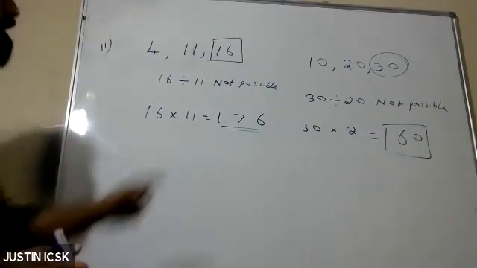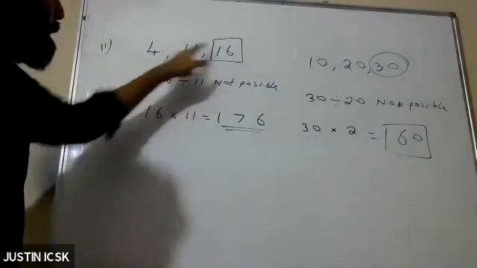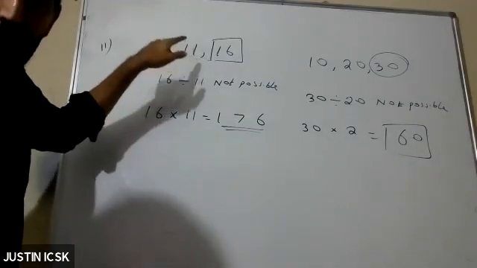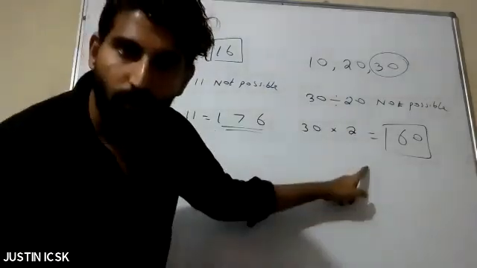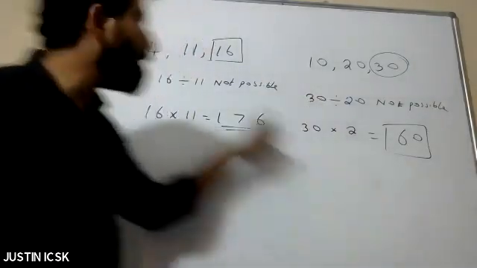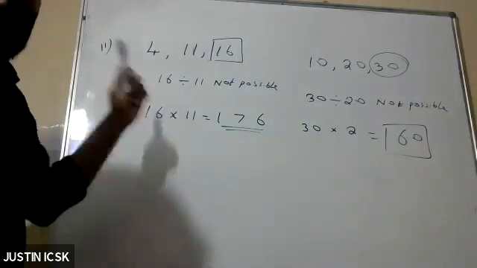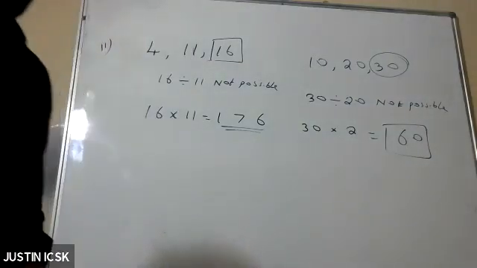Okay. So remember, take the big number. Big number by 4 possible, but 11 not possible. Normally, if 11 not possible, we will multiply with the 2. Here we are not multiplying with the 2 because this is a prime number. Do with the prime number. Only if it is not a prime number, we will multiply it. Okay.